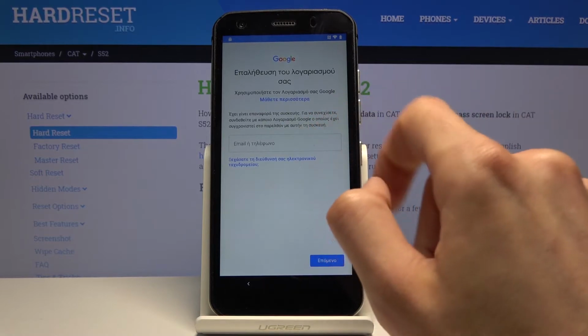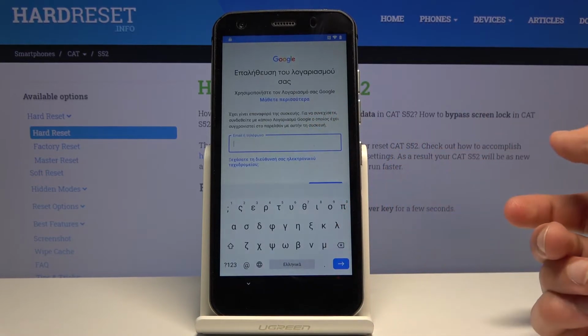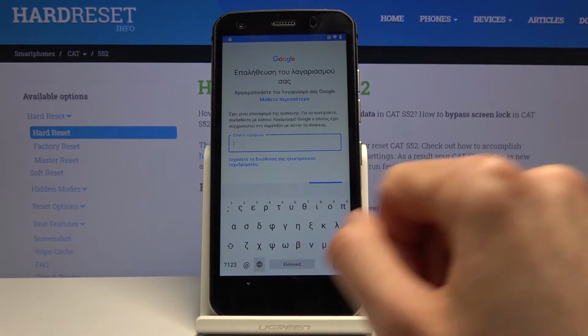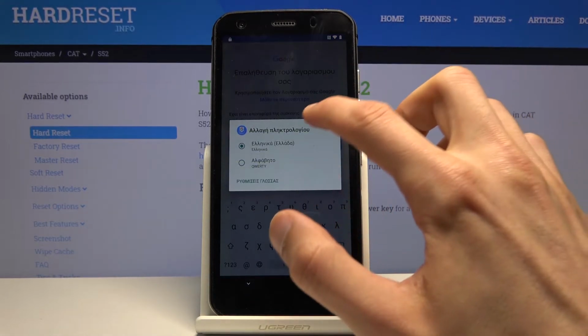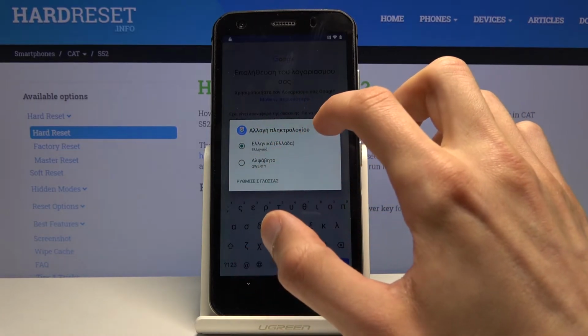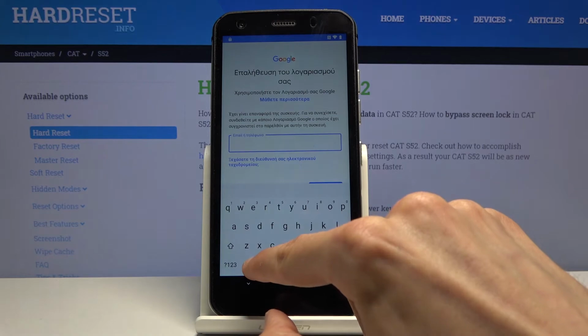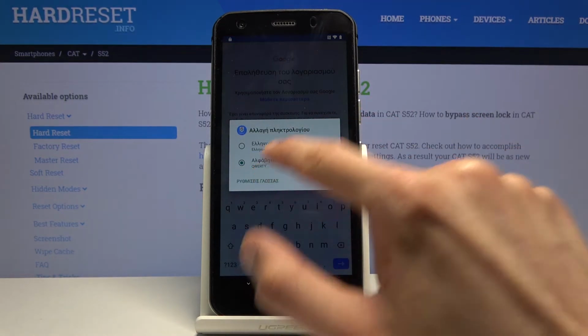And from here you want to tap on the field. When the keyboard comes up, you will see that you have the globe icon. So number one, you want to hold it, and it will bring up the language or the keyboard select. So you want to select the second one, which is a QWERTY, then hold it again and go to language